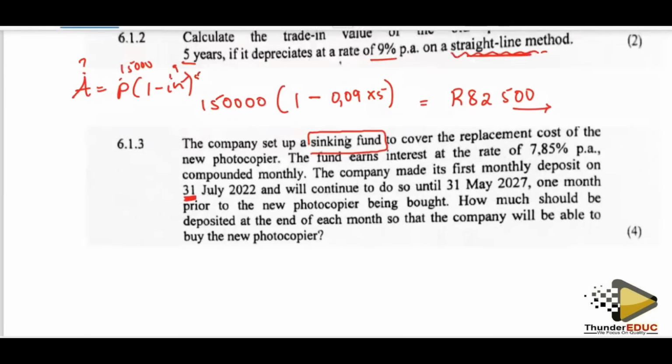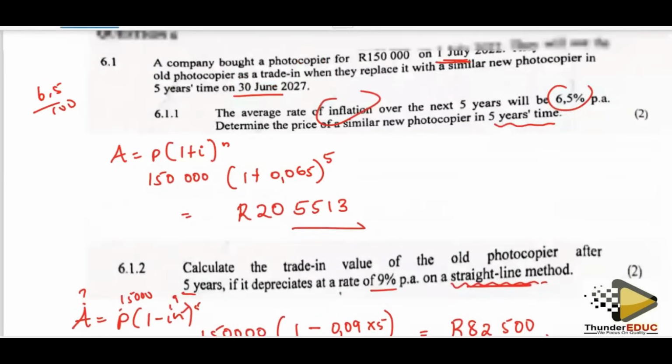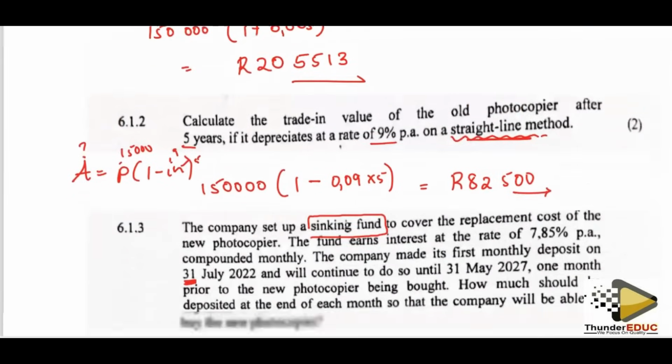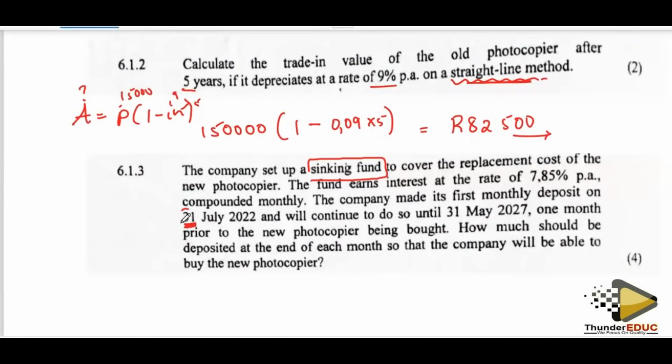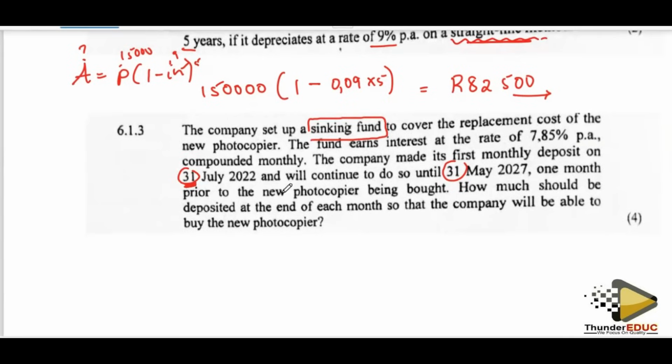Just something that I need to know: they bought the machine on the 1st of July. Okay, and then on the 31st of July, they made a payment. And then they will continue to do so until 31 May, which is 1 month prior to the new copier being bought. How much should be deposited at the end of each month so that the company will be able to buy